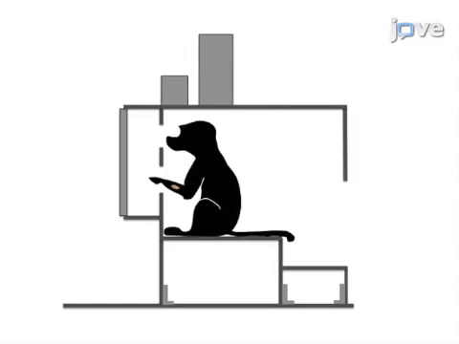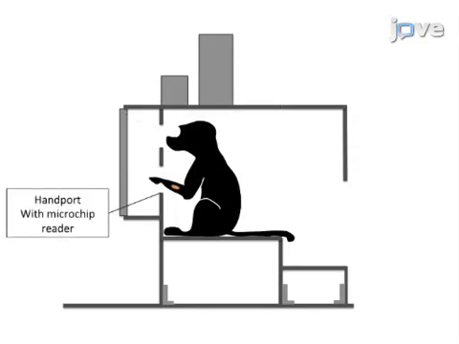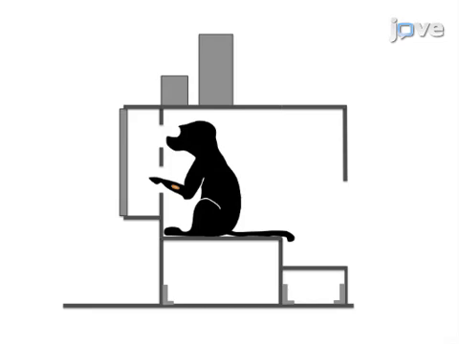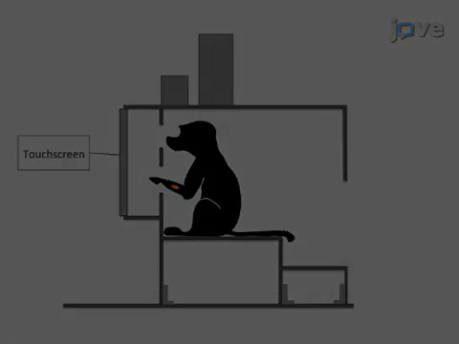Fit the front panel of the test chamber with a 7.3 by 7 cm viewport and 2 hand ports. Install an antenna connected to a microchip reader around each hand port. The antenna will capture the RFID identity of the subject. Install a 19-inch capacitive touchscreen in front of each